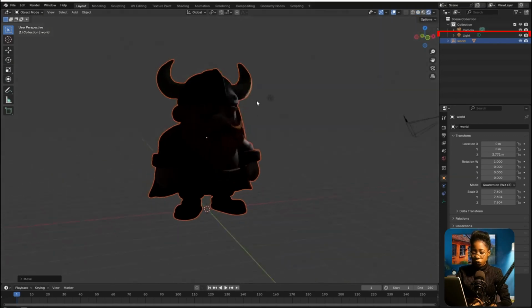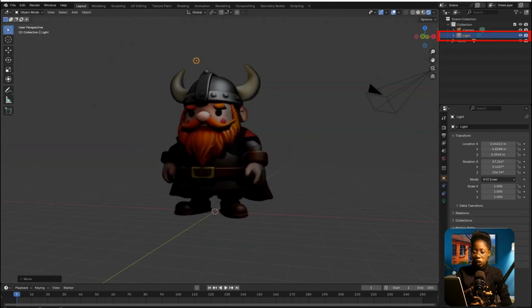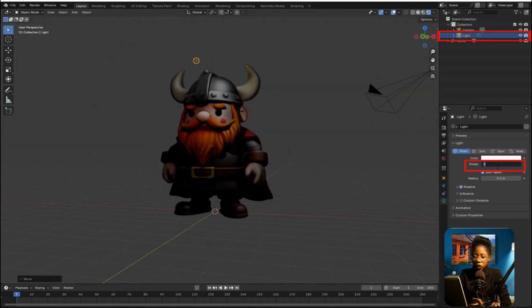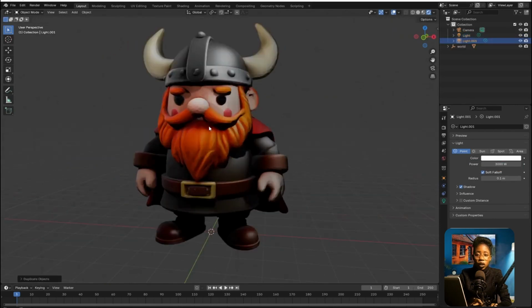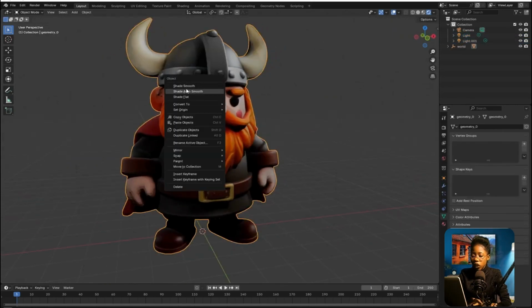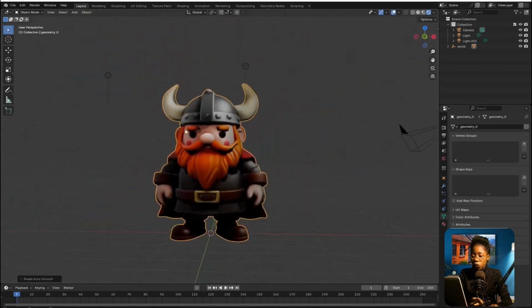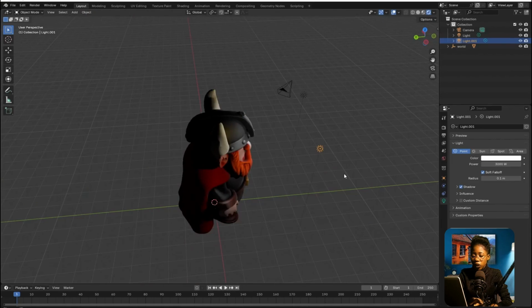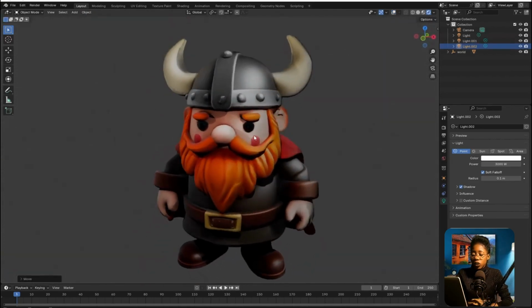I'm going to bring one of these lights in my scene a bit forward here. You can maybe increase the intensity as well. Maybe just add 3000 here. So I might duplicate this, shift this, then we go. I can also select this object, click here and then shade it smooth. So that is looking better now. I'm going to duplicate this light and maybe put it behind it. And as you can see here, this is Cycles rendering,